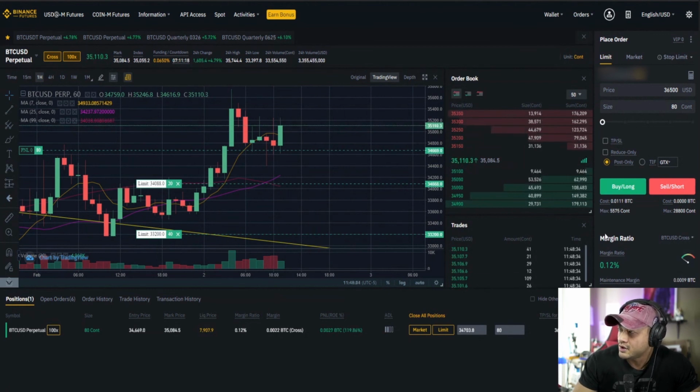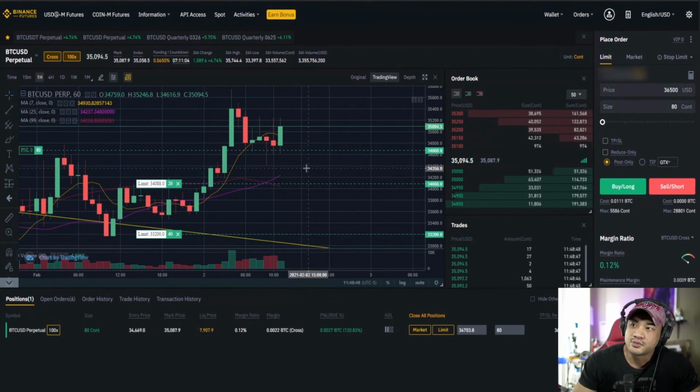So you want to watch these margin ratios really, really closely. And one of the nice features about Binance is that they'll give you this little indicator here saying that you're going to be in trouble. But again, that's one of the reasons I'm not setting stops, because I like to have a little room to play in terms of how much money I have in my account. If this thing moves against me even 10%, I'm not even going to be in 1% danger. So I think that's that